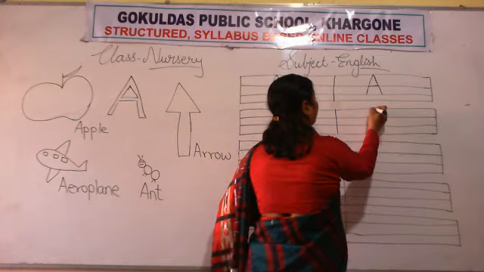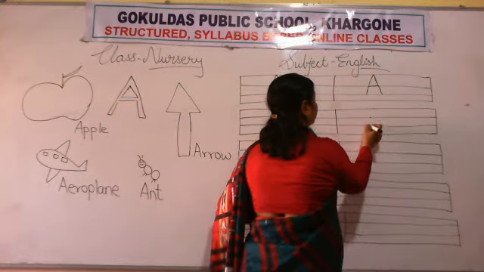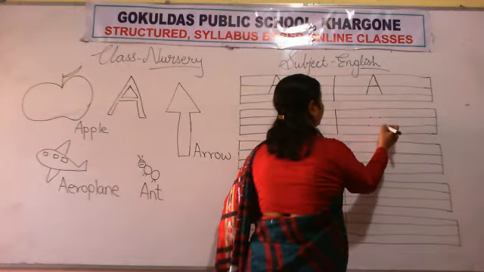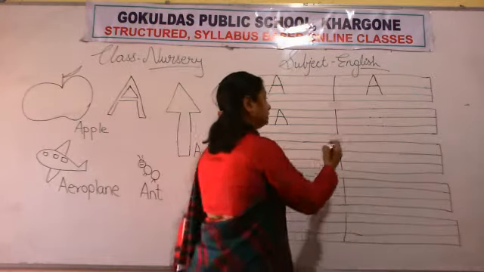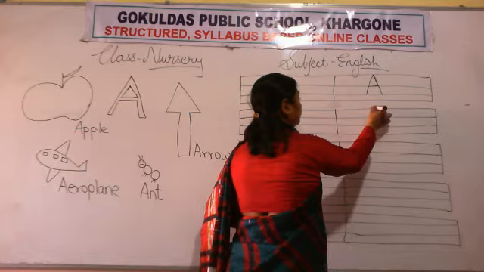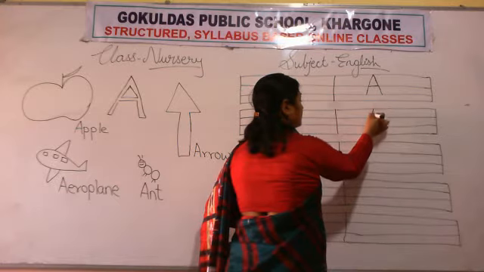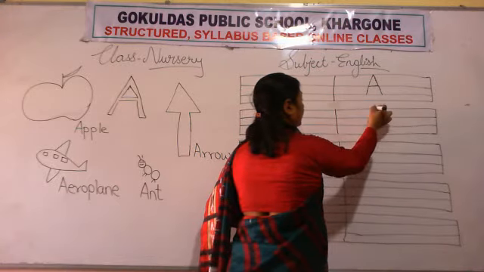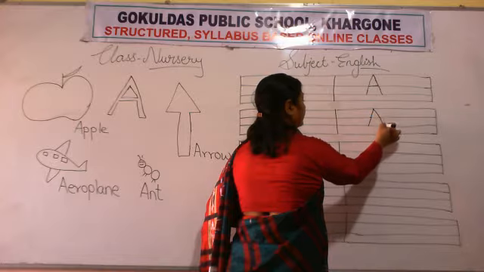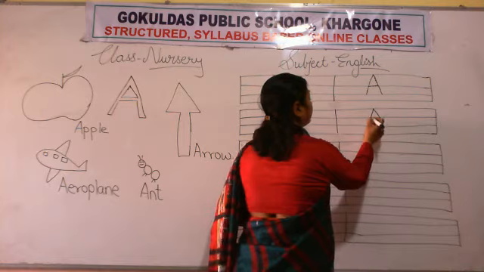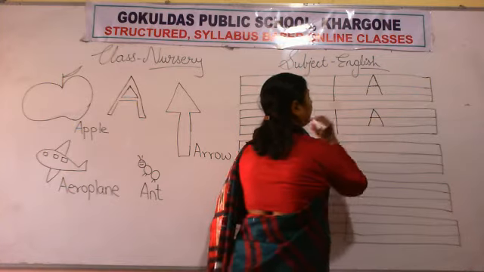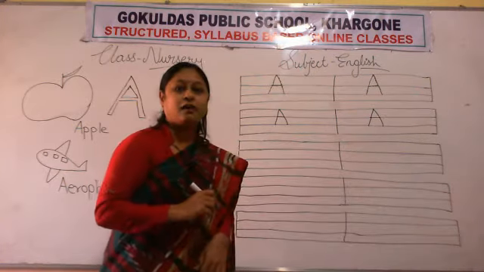Okay, tell your mama to put dots in your notebook. Okay, and you start writing. How you will write? From first dot, join the dots, slanting line. Again, join the dots and write slanting line. Then what you will do? You will join the middle dot by sleeping line. So, which letter will form?